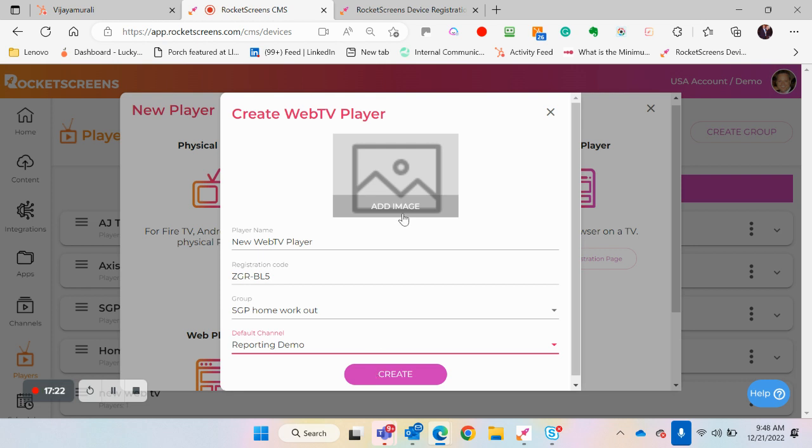The other thing you can do, if you have a mobile device, you can take a picture, and it's really nice to do that because then it gives you a better sense of where that TV is in your facility. We create it,